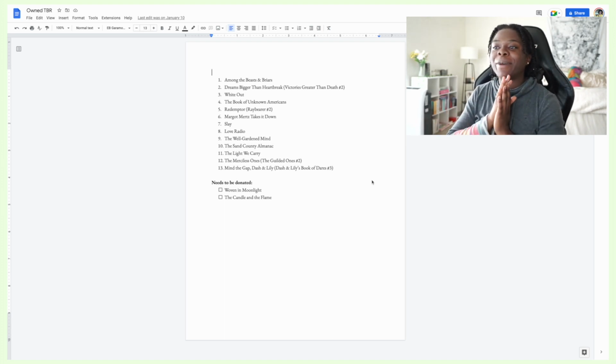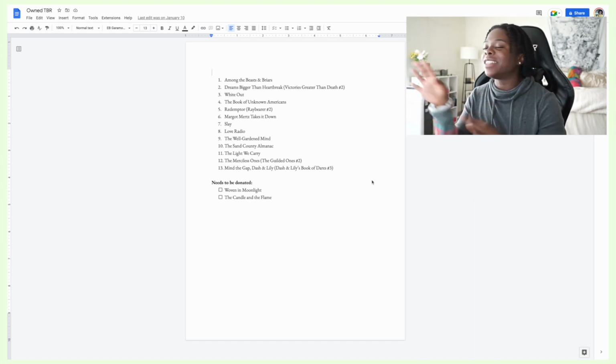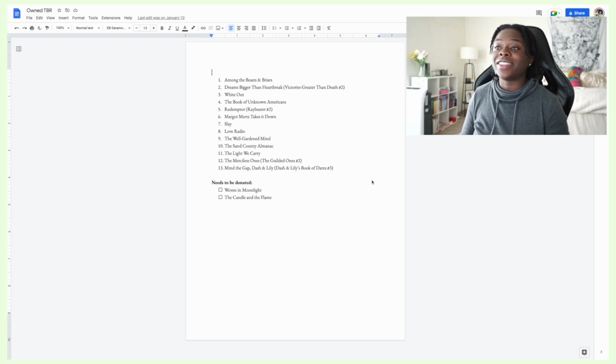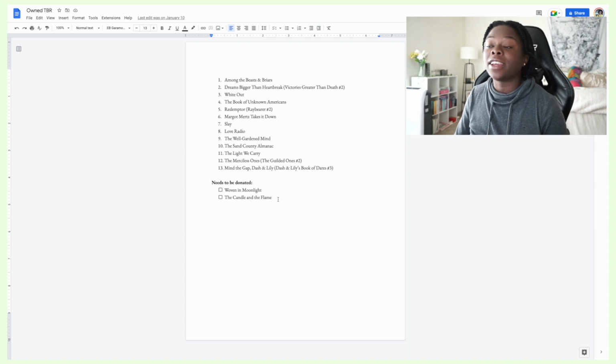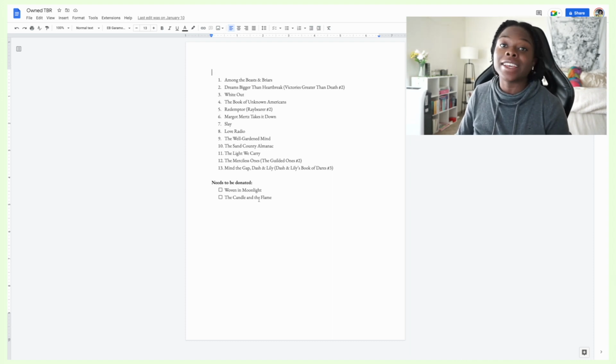So I have about 13 books, or I guess I haven't updated this completely, but I have like a dozen books that I currently own that still need to be read, and I try to keep this list pretty updated so that I know how I'm doing on my physical TBR, and this kind of informs whether I feel justified in buying new books. And then I also keep track of books that I have that I just want to donate and get rid of just because I wasn't interested, or it's just time for them to find a new home. So I have a couple books here that also need to be donated, and that's just kind of how I keep track of my physical TBR.